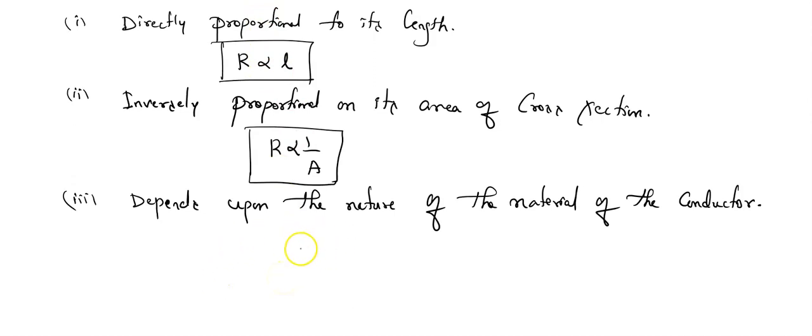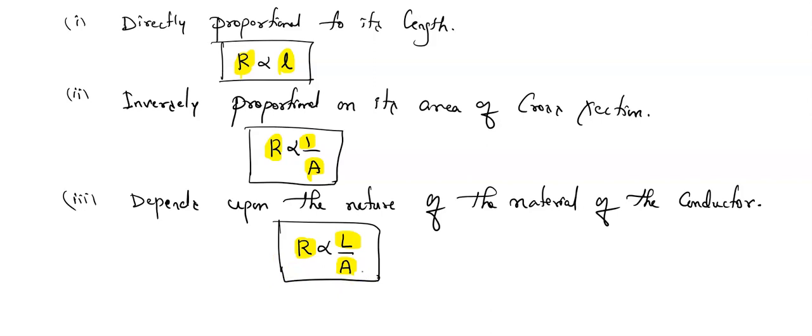Now we can say that resistance is directly proportional to length and inversely proportional to area of cross section. So shall we write like this? In both cases, in the LHS you can see R and R, and in the RHS you can see L into 1 is L, L into 1 is L, and A is as it is. Are you getting, children? So resistance is directly proportional to length and inversely proportional to area of cross section.